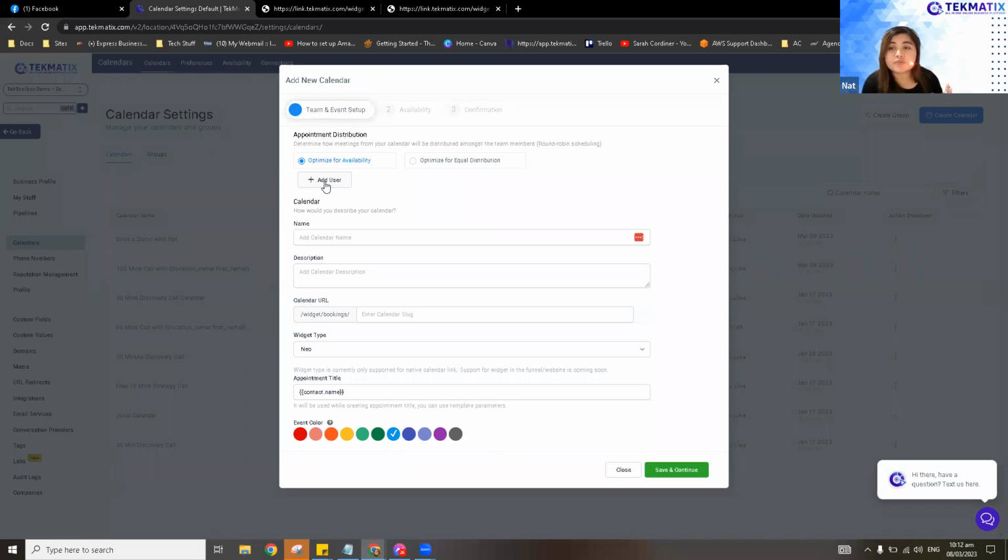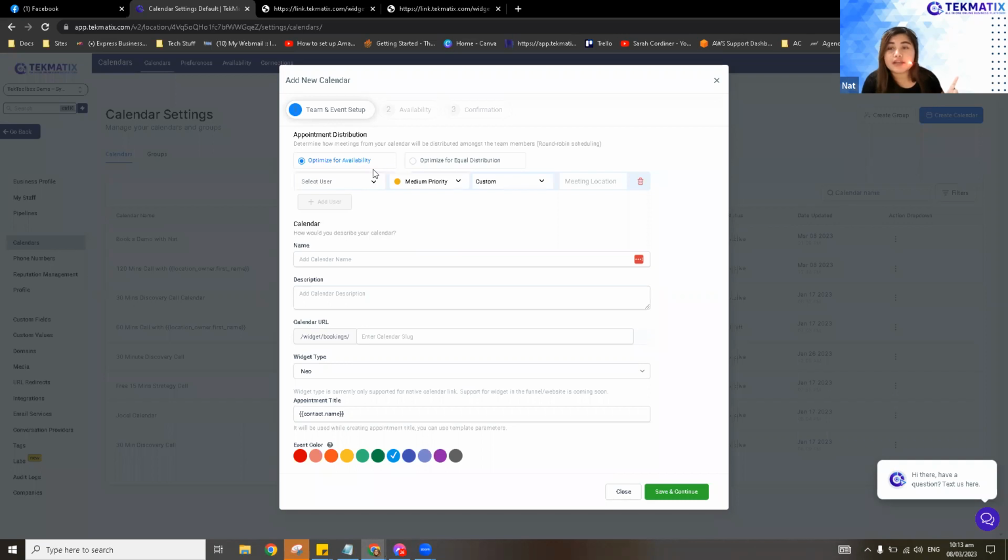So the user will automatically be the assigned user for this specific booking. For example, if you have an outsourcing team, maybe five people, you can add 5 users in here, and you can actually segregate the bookings via availability or via